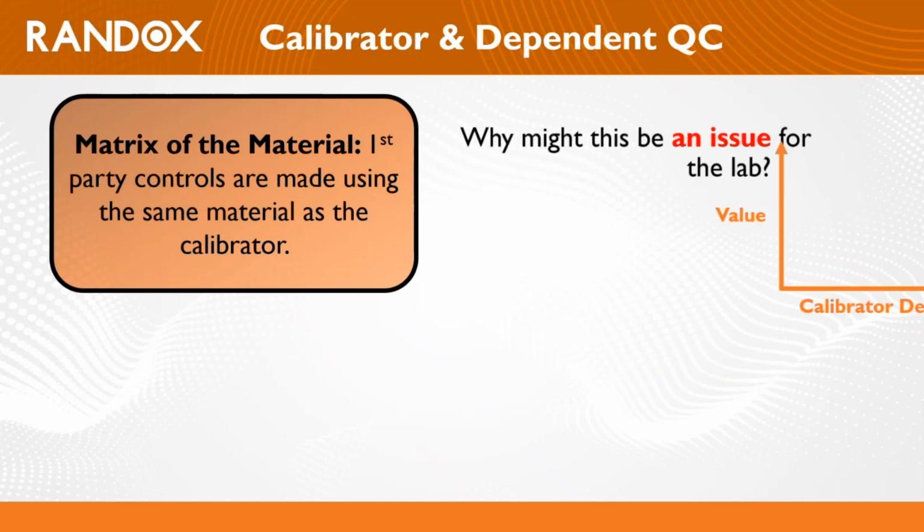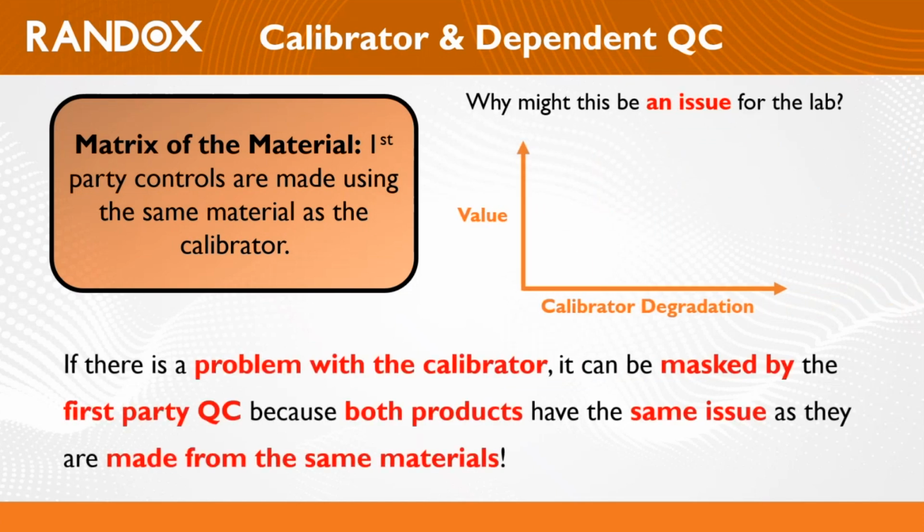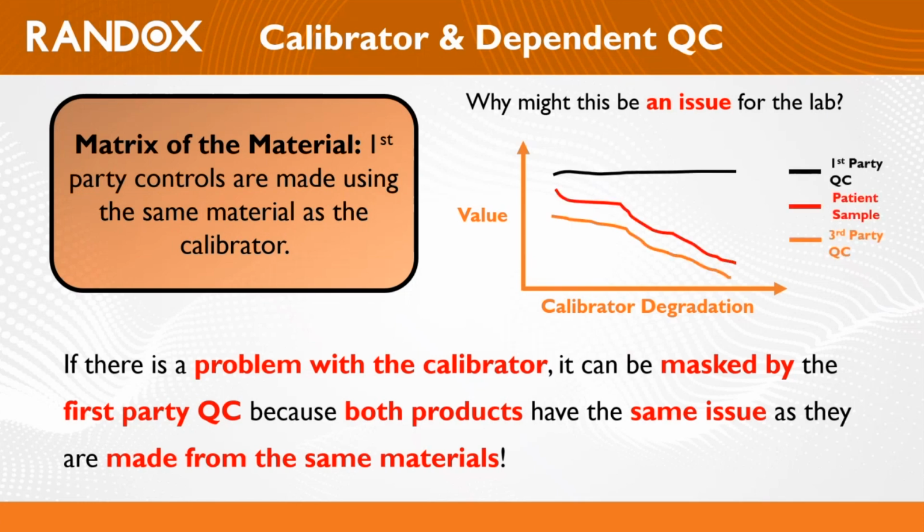Here we have a graph showing calibrator degradation on the x-axis, and the value of the control on the y-axis. Here we have different controls. You can see the black line is a first-party QC, the red line is a patient sample, and the orange line is the third-party control. Now, if there is a calibrator problem